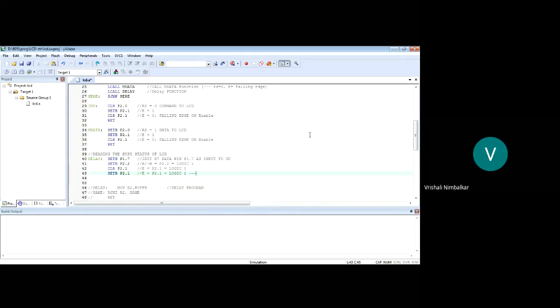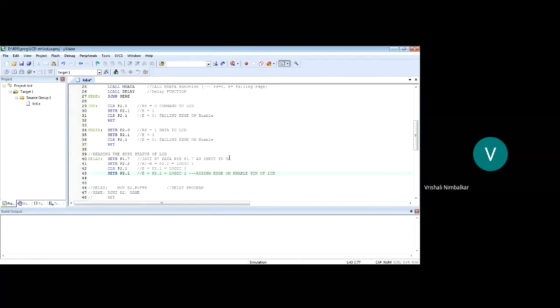So what did I do by doing this? Rising edge on the enable pin of LCD. So we gave a rising edge. So all the initialization is done. We have initialized the D7th data pin as input. We activated the control signals, that is R/W bar is 1, rising edge on enable pin, right?